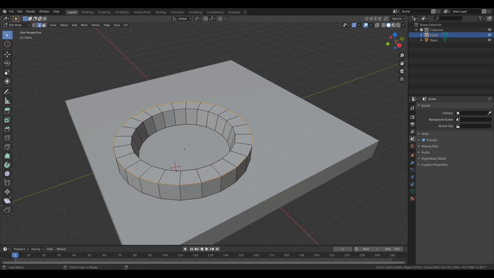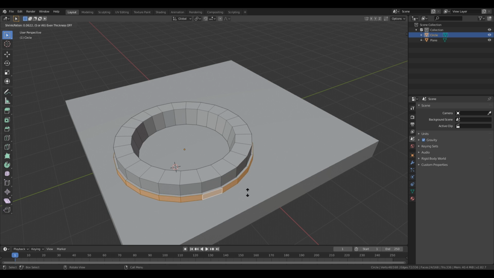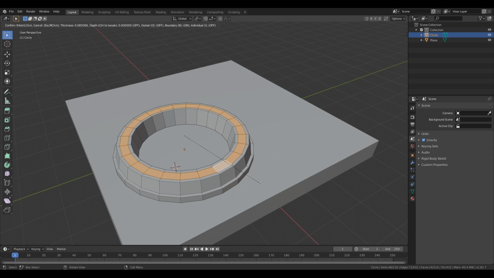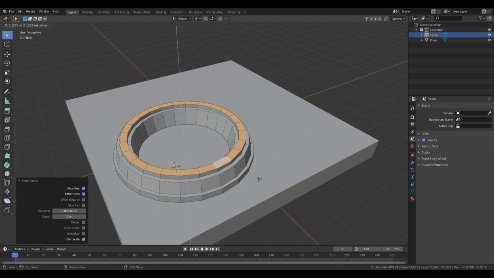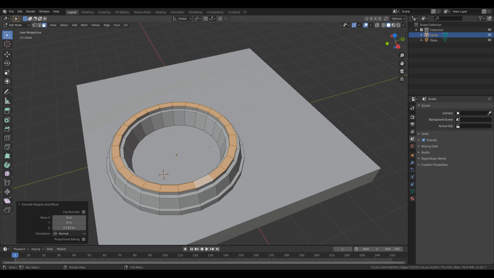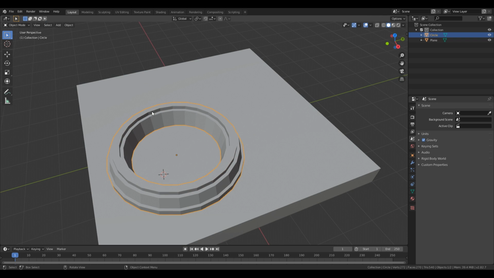a little bit, maybe here outside as well, but first maybe make one more here, alt click the loop here, alt E, extrude along normals to get some structure there, and now alt click here and move this, go to the face select by pressing 3, alt click, inset this a little bit and extrude. So I think this will be enough for a start, but I want this to go down, so we want